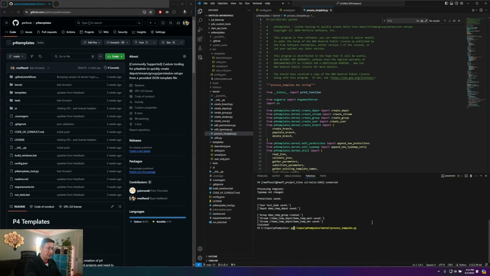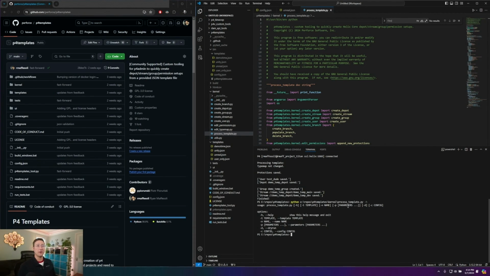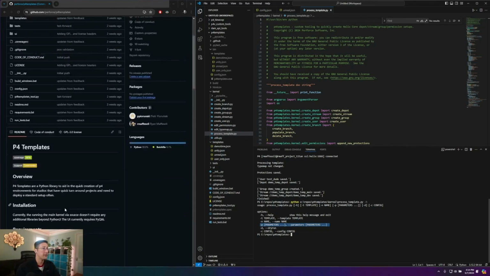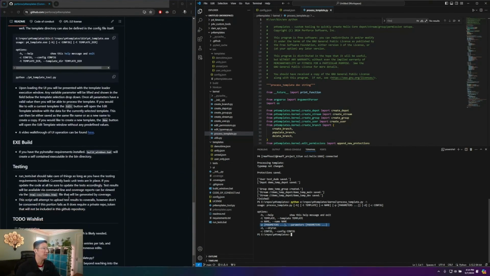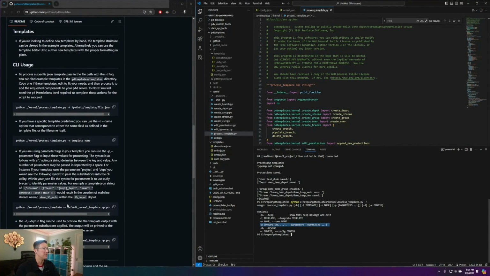So with that, if I were to go Python process template -h, you can see here that we do have in this help section a bit about our usage. So this is going to be if you already know the template you want to use and whether it's name or location, you can pass this in and run this directly. So you would define out your configuration, any parameters that you would need to define, which you define those as a dictionary effectively. So if we go in here and talk to CLI usage, you can see